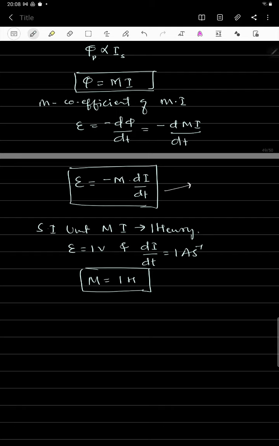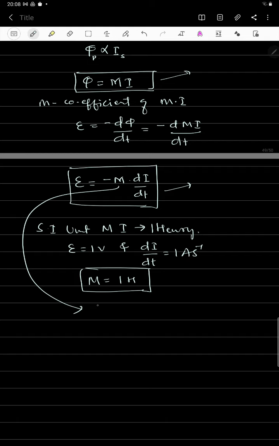So this is the EMF we got from that circuit, the neighboring circuit. So with two pairs of coils, this is phi equals M into I. It means that induction also depends on the magnetic flux which is generated by the primary coil. So now we'll derive the expression of this mutual induction. It means how you will get the expression of mutual induction